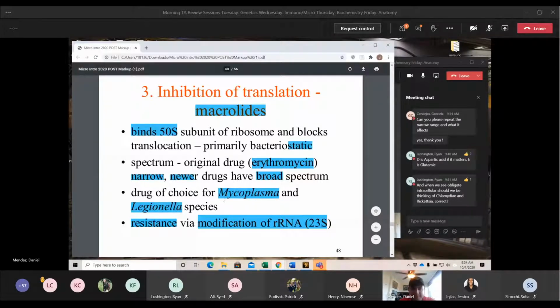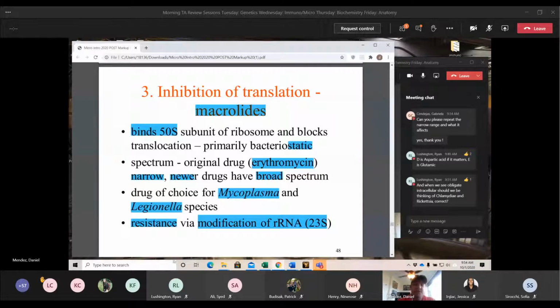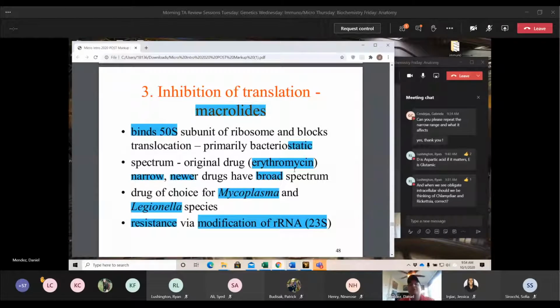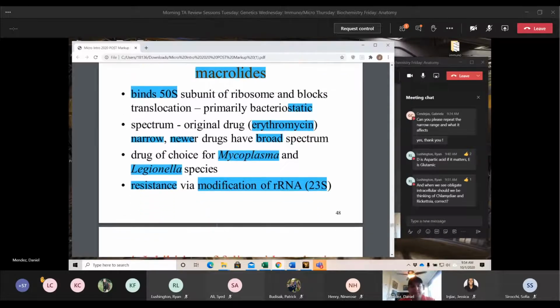Make sure you reference that. And some of the resistance that we see with this one is modification of our rRNA. So the bacteria is modifying subunits on its big 50S subunit. It's specifically modifying the 23S, which is just part of our 50S, and that's just to stop binding of the macrolide. So that's just to prevent the macrolide from being able to bind to that 50S. And that's why, once again, we have erythromycin as our very first macrolide, but there are multiple different variations of erythromycin that we have, so that way we can avoid these resistance factors.